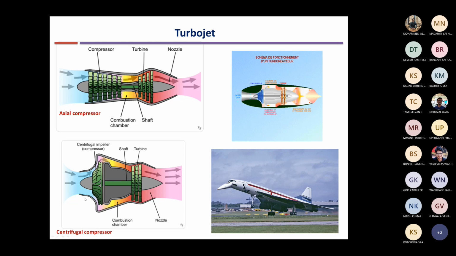Is it clear, Nikhilesh? Yes, sir. There is another drawback. What will be another drawback? If I want to multi-stage this, obviously one stage is not sufficient. It may give a pressure rise of 3 to 4. But if we need a pressure ratio of 30, then we need multiple stages. Multiple stages are very easy to do in an axial compressor because the flow direction is amenable to that. You have flow coming out axially and again going to the next set of compressor blades.